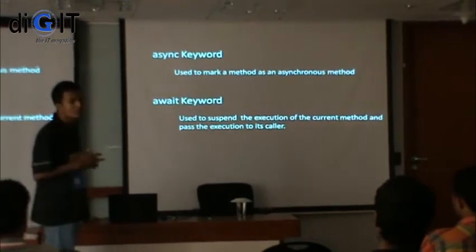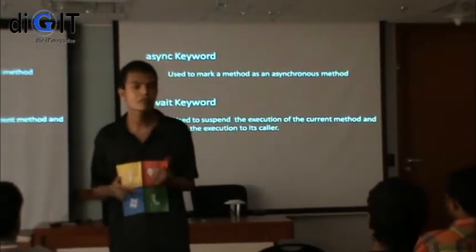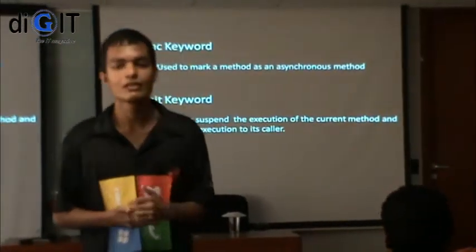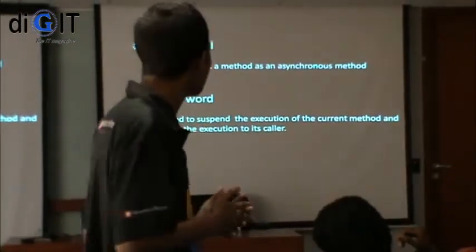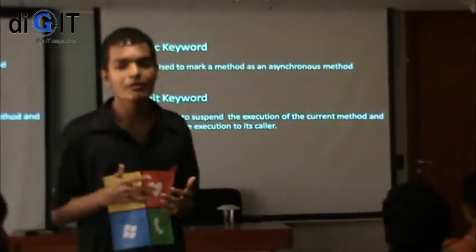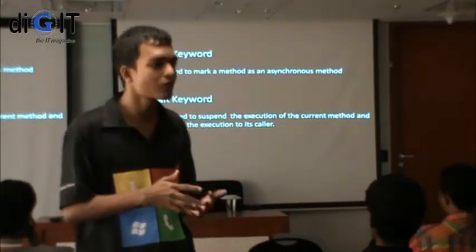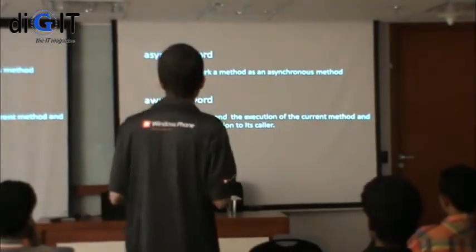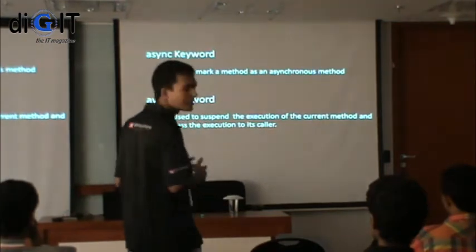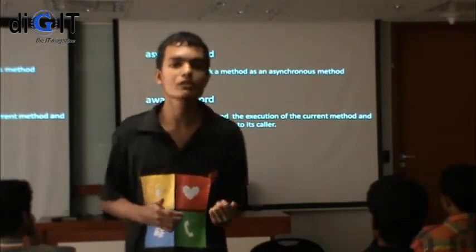Actually, before the introduction of the 4.5 version of .NET Framework, it was possible to write an asynchronous task. But then you had to do it in a multi-threading manner. You have to create new threads, and you have to be aware of the states of those threads. And if the child threads throw any exceptions, you have to handle them. So there's quite a lot of work. The introduction of async and await keywords actually simplifies this work and encourages programmers to write more and more